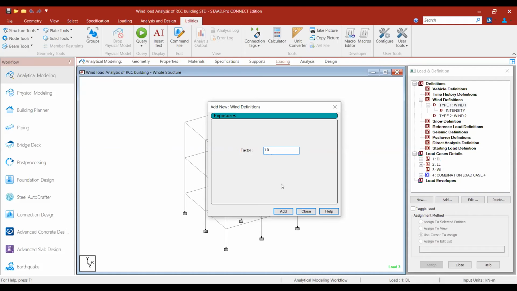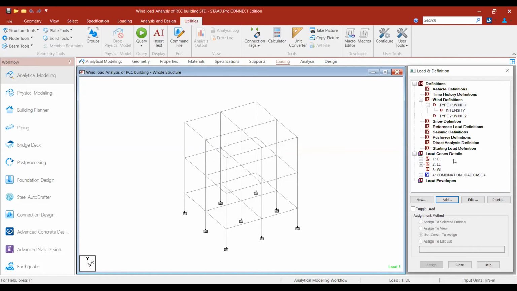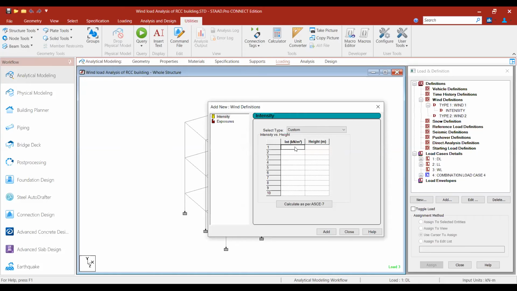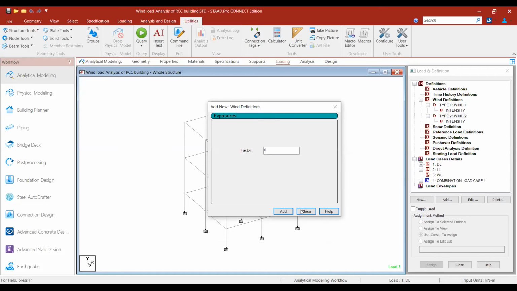Exposure factor 1. Next, wind load 2. Same, that also is the same: 0.961 for 0 and 0.961 for 10 meters.